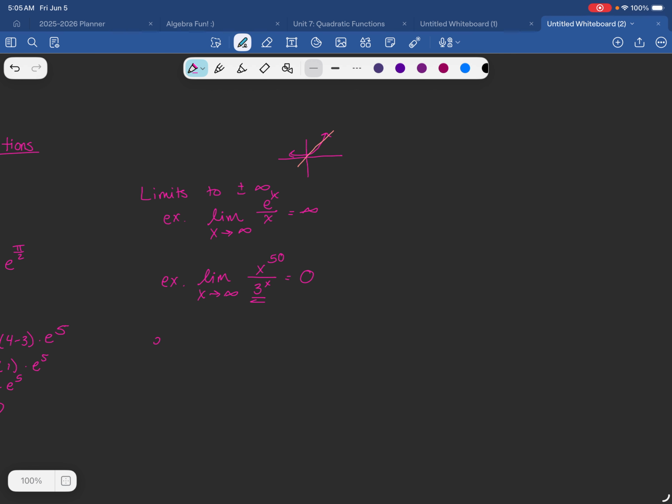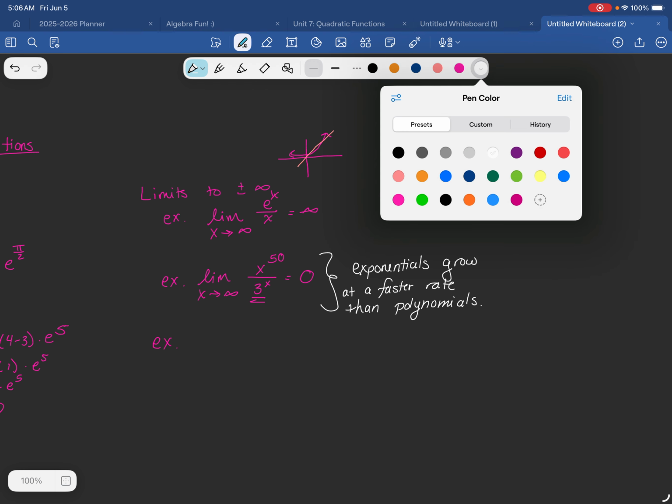All right, let's look at another one. So real quick, the big takeaway from this is that exponentials grow at a faster rate than polynomials. That's kind of the big takeaway there. The other one we need to think about,